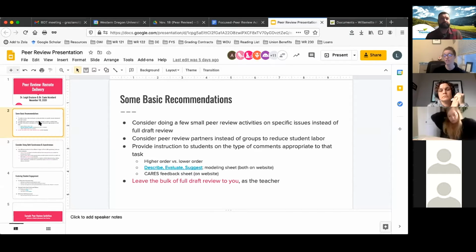So they're not trying to juggle 3 or 4 other sets of student papers. So you might decide to put them in groups, like partners. The other thing I would say is to think about, for each activity, giving them some sense of what they